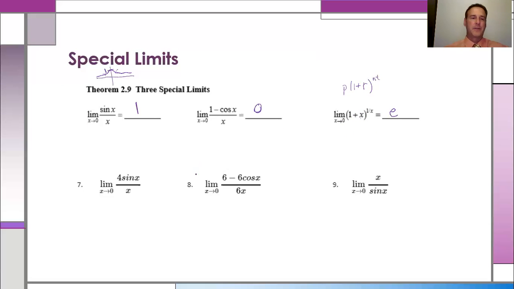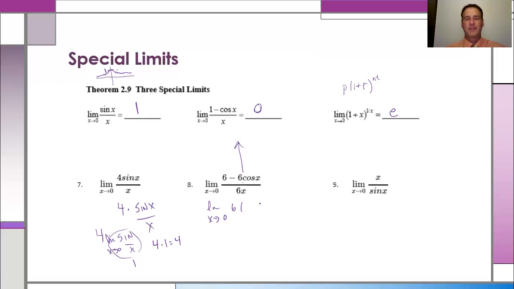Now, when am I going to use this? Well, this follows the scalar, and so I can move the 4 out front if I wanted. I don't need you to do this. You can just answer this as you see it. But remember, this whole piece is 1. So you've got 4 times 1, which is 4. Same thing here. This isn't quite like that, but I can sure make it look like it by doing a little factoring,